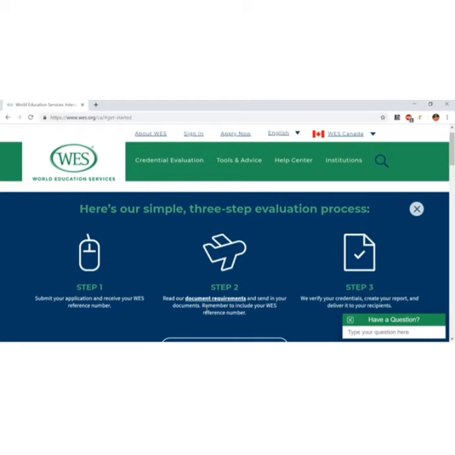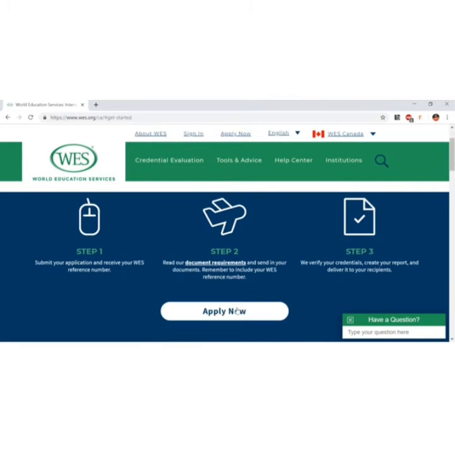So once you submit your application, you will see what documents are required as per your degree, and which documents you have to send by yourself and which you have to send through your university. That is the second step, where you send those documents either yourself or through the university to Canada. And in step 3, WES will verify your documents and send you an evaluation report. So these are the three steps on a high level.